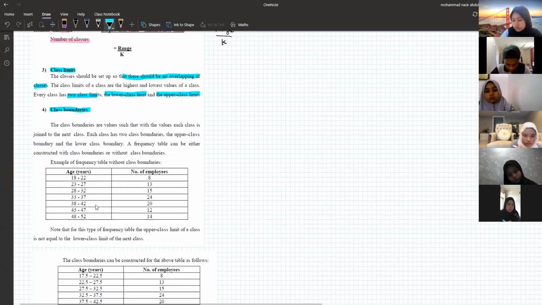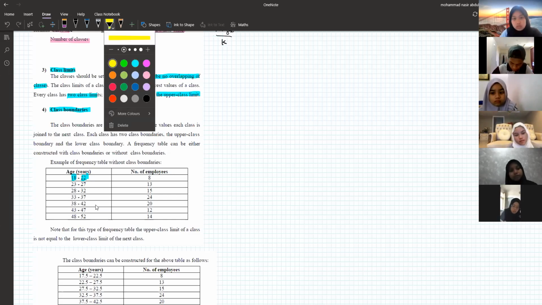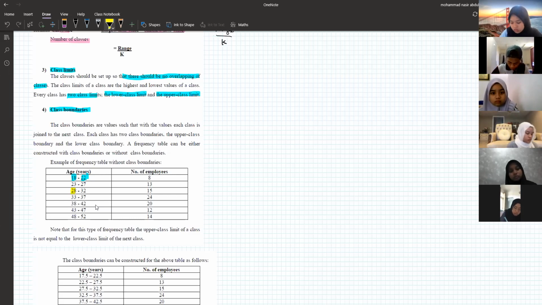This is the lower class limit for the first class. This is the upper class limit for the first class, right? This is the lower class limit for the third class. This is the upper class limit for the third class. This is the lower class limit for the last class. This is the upper class limit for the last class,